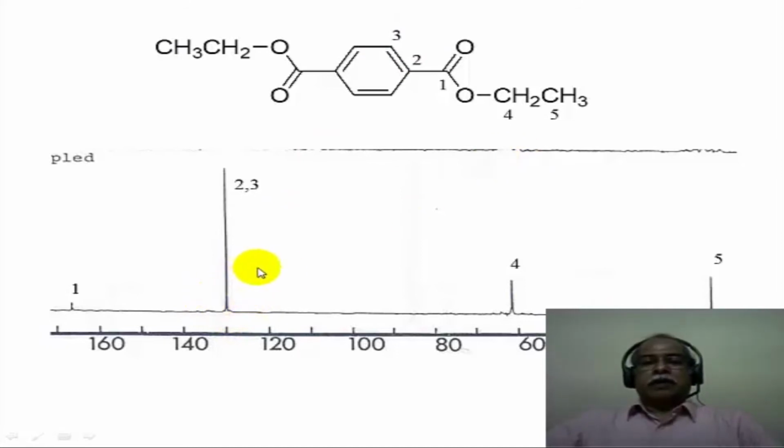This is fairly common in carbon-13 spectroscopy because in the narrow region where the aromatic carbons come, some of them can merge on top of each other. Then carbon number 4 comes around 61 or 62 ppm. Carbon number 5, which is the terminal methyl, comes around 15 ppm or so. So from the number of signals that is expected and the number of signals that one sees, one can arrive at the molecular structure to be the para-disubstituted derivative in this particular case.